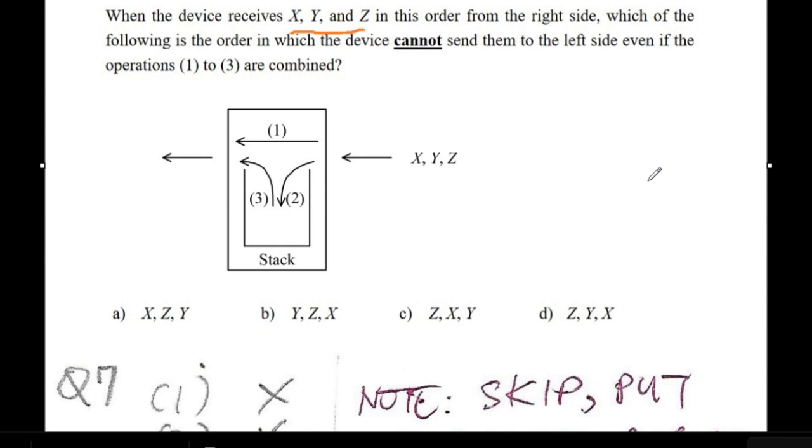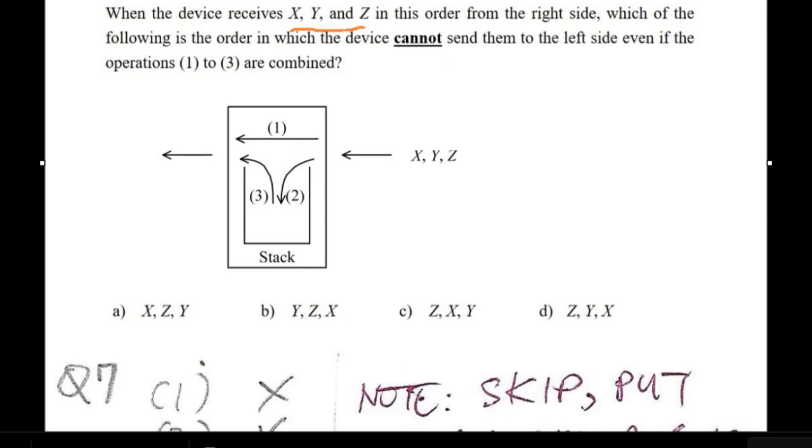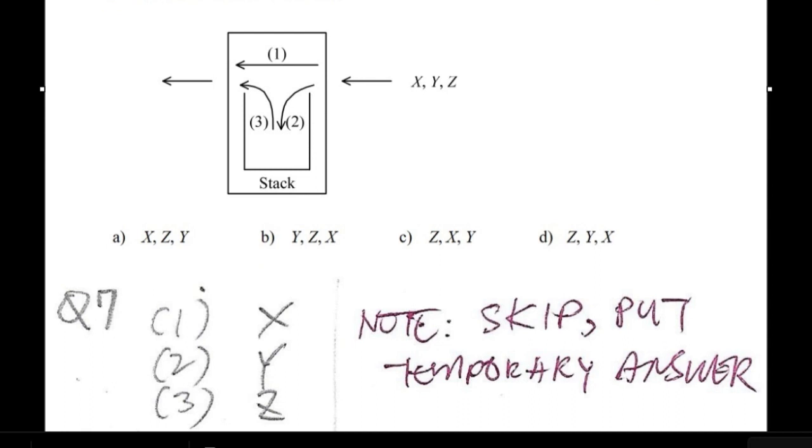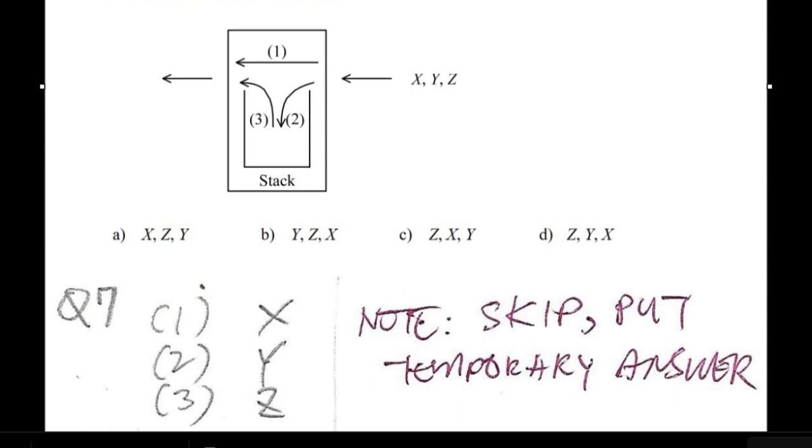A while ago I was looking into this problem again, even though the note that I put here was to skip it, and I attempted to understand it some more, and actually I arrived at letter C. I looked up what is exactly the correct answer for this question, and the answer list said that it's really letter C. And I think the reason why I chose C